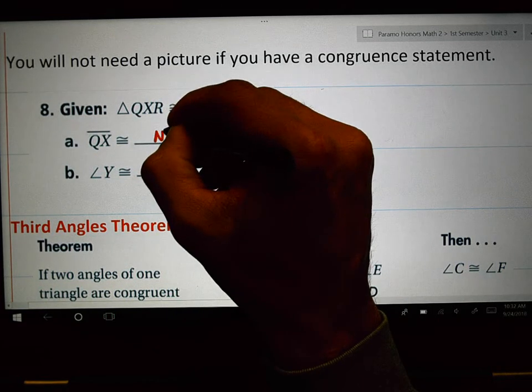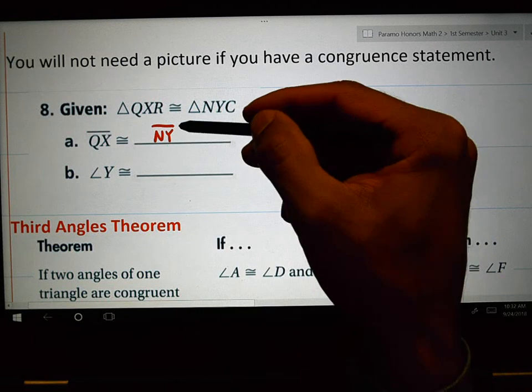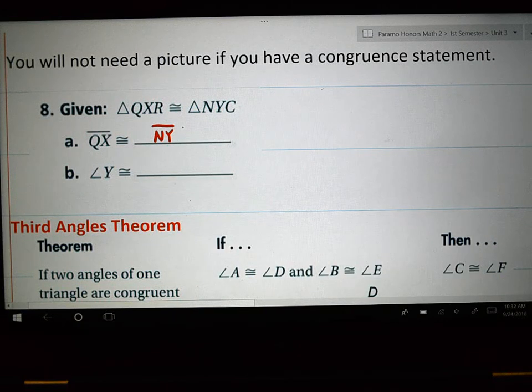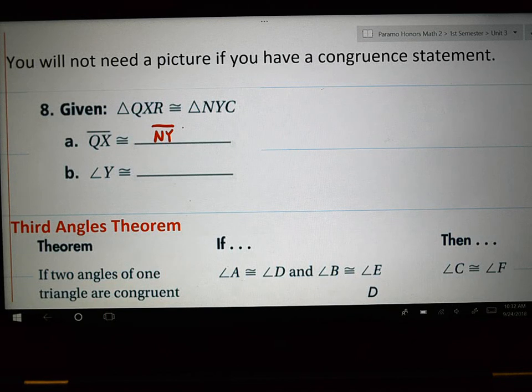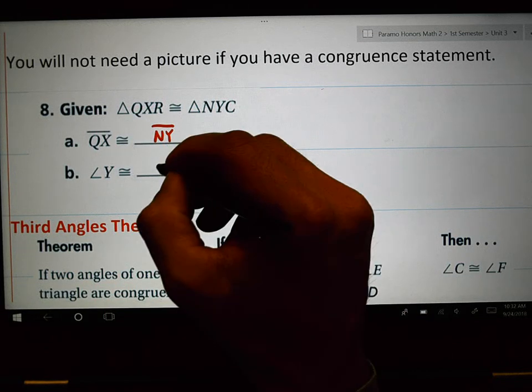Segment NY. When you say the word segment, you're telling me you're going to put a segment bar on top. That's what you're telling me. You're verbally stating what you're going to do in written form. Angle Y is going to be congruent to, say it out loud. I appreciate those of you who said angle